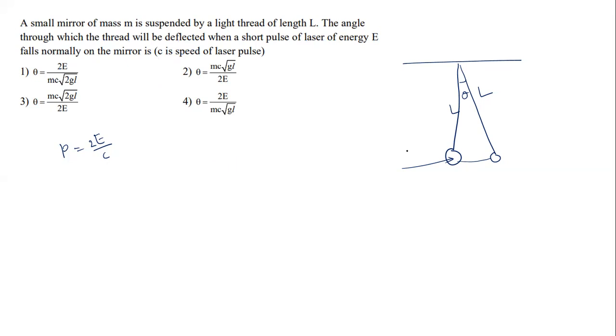So this is the amplitude A. How do you write A? A is equal to L theta. We have a relation: V is equal to A omega. V is equal to L theta into omega. Omega is what? L theta into under root of g by L. Okay. Right. So from this momentum, you write the expression for velocity. Am I correct or not?